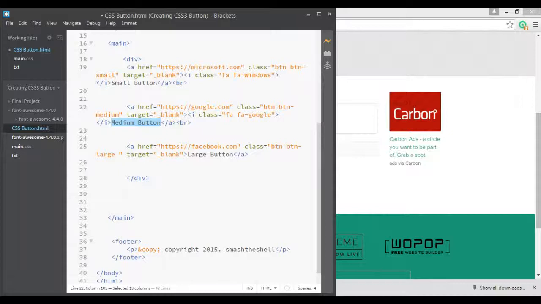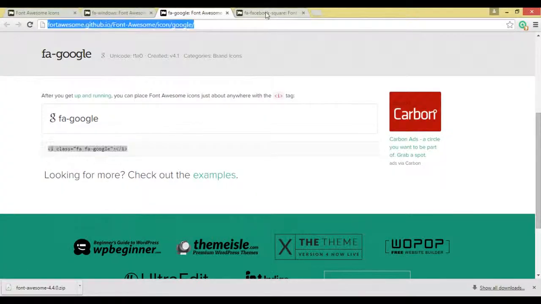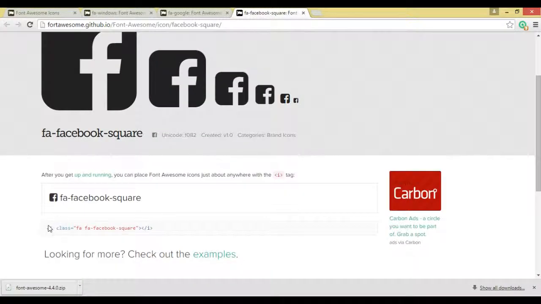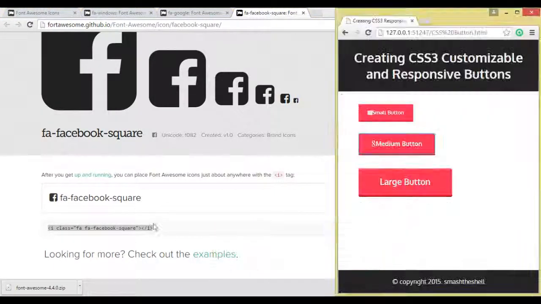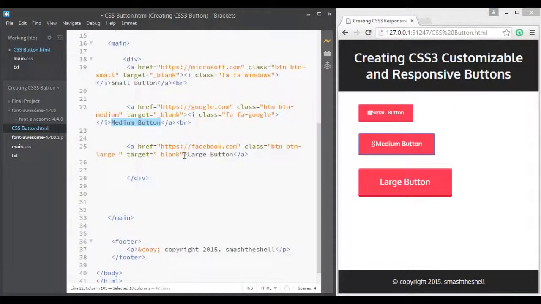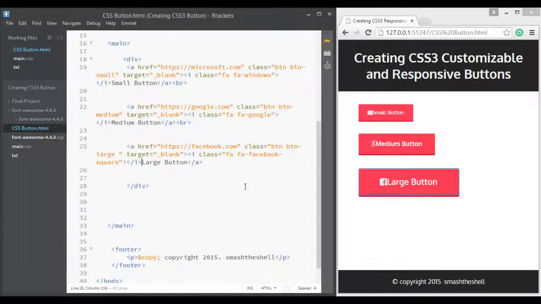Let's do the same for the Facebook icon. I'm going to copy this and insert it into our anchor element before the text, which is large. Now in the preview we have three different icons included in our buttons.